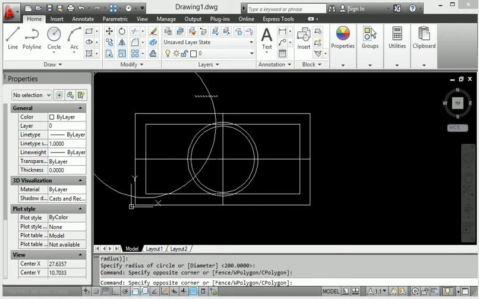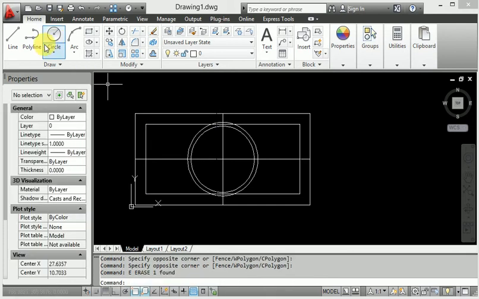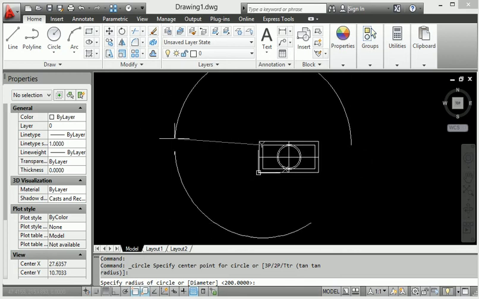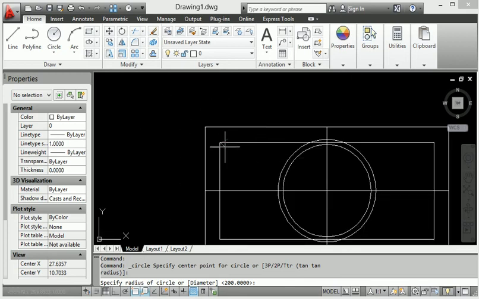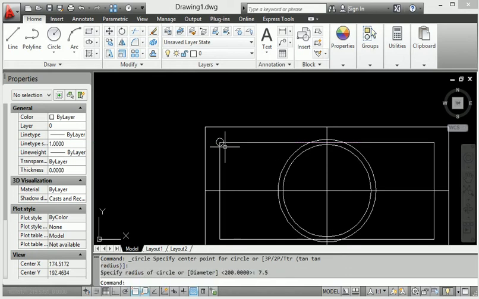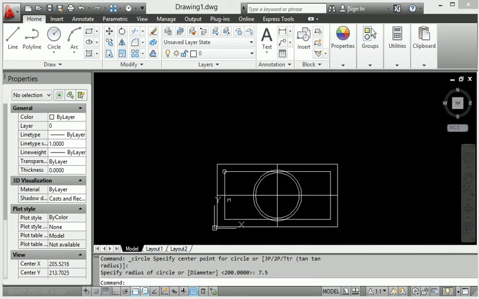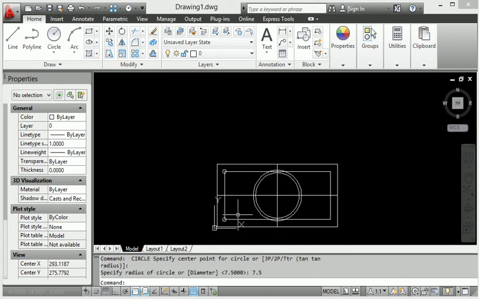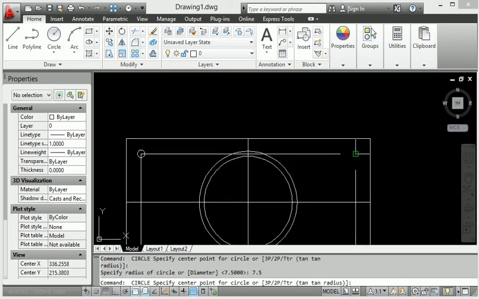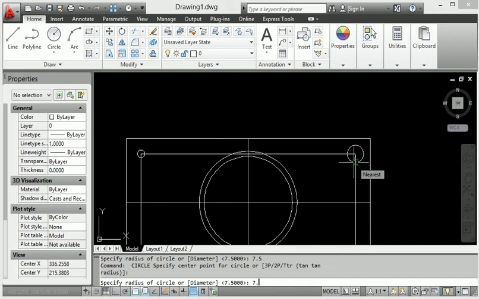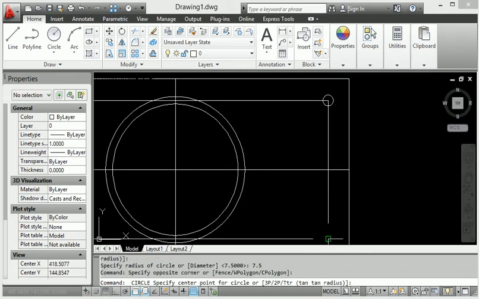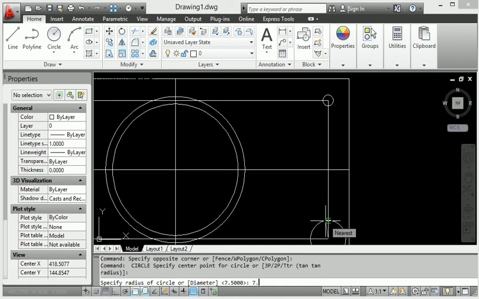Then a small circle I will create right now: first click the circle, a simple small circle with 7.5 mm radius. Then enter again, then click this 7.5.